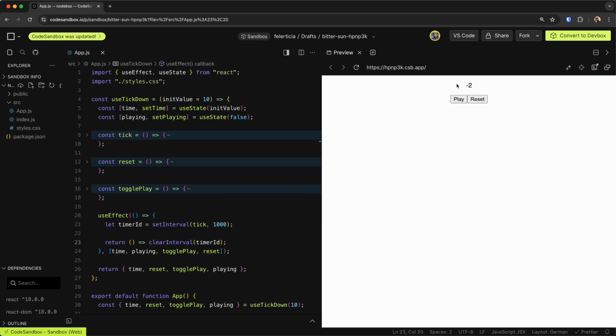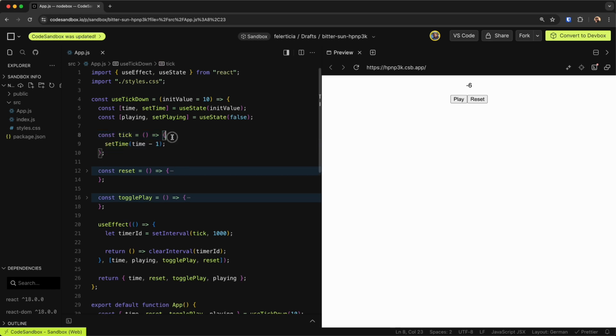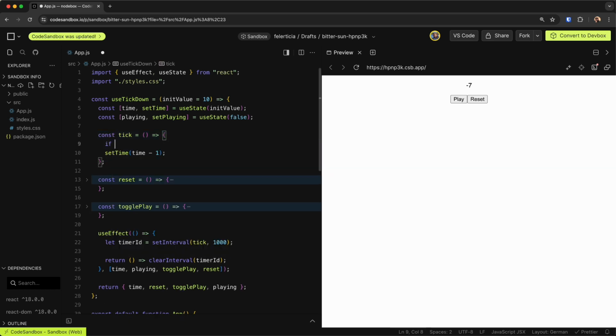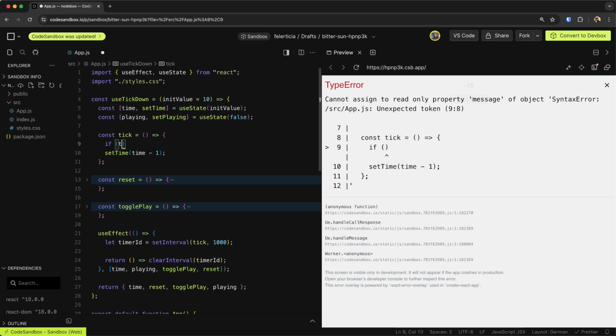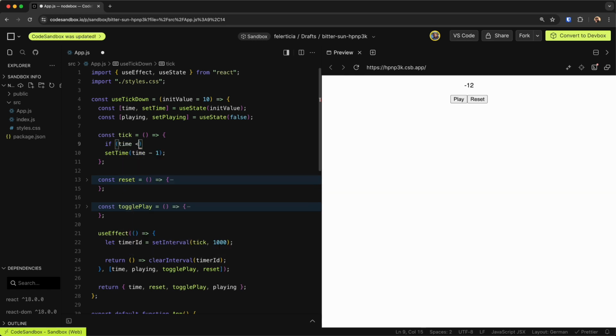As you can see, the timer goes down and it goes past 1. So here I need to check in the tick that if time is greater than 0 and we are playing,